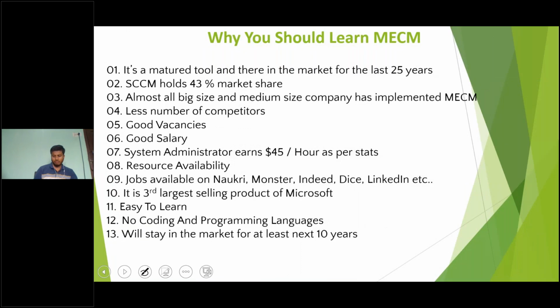Now, why you should learn SCCM? Some of you are freshers. I think, Amin, you have no information about this product, right? This tool. Similarly, Ashwini, you are from the VDI side, right? Correct. So why you should make your career in MECM? I'll give you just a brief idea, so that if you are confused whether this product is good for you or not, you can take a decision after going through this slide.